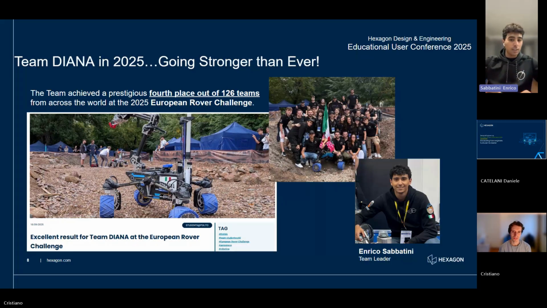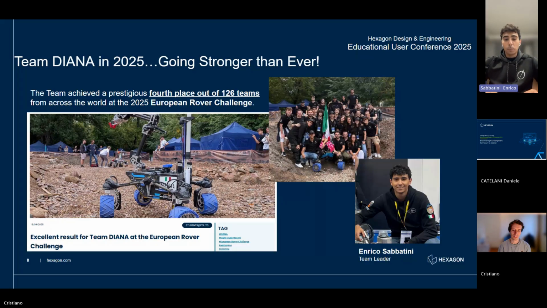And on the screen here, you can see the latest rover, which is Fortuna. For this rover especially, I think that all the simulation packages that Hexagon offers were really important because they allowed us to design and build the rover in only 8 months. So in 8 months, we started the design. We did all the simulation, and that allowed us to do just one run of production. Everything fitted, everything was right,